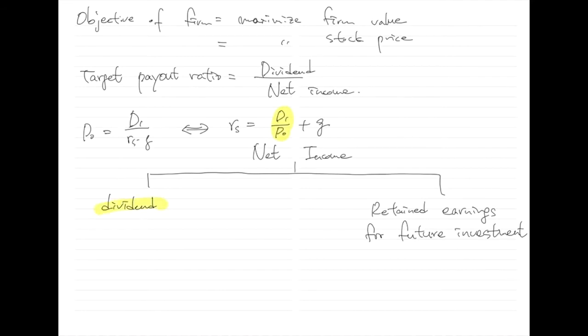So this is the dividend yield. And second, when the firm uses net income to retain earnings for future investments, in this case, the expected growth rate increases, right? So in this case, we can expect the potential future capital gain,